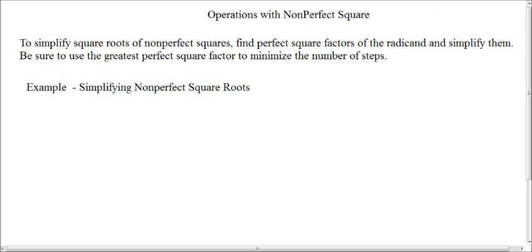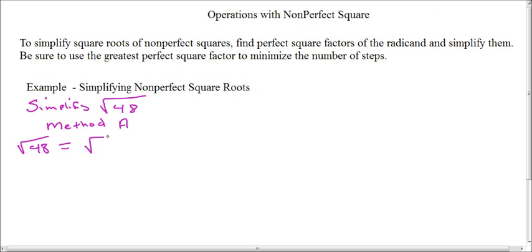So let's say we want to simplify the square root of 48. I'm going to show you the first method that I feel is a good method. Either method is good, but I just want to show you what I feel. Okay, so here I have the square root of 48 is equal to,